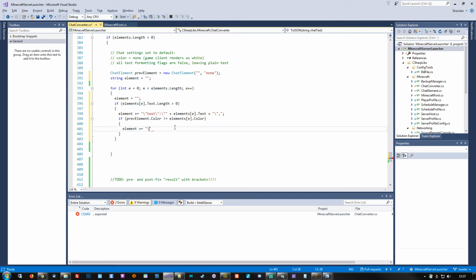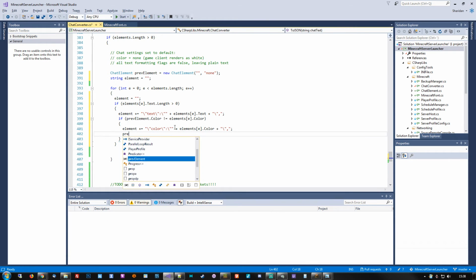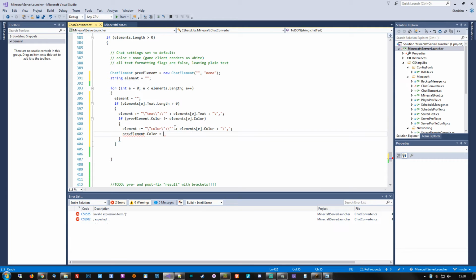We'll add the color reference to the element string as well, and this needs to be pretty much identical to the other one, and we do need to grab it from the array, not the previous element. We'll update that afterwards. Add in the quotation marks, there we go, and then we'll set the previous element to the current one. There we go. This then updates our previous reference with our current setting, so we have it available next time we go through the loop. Okay, so